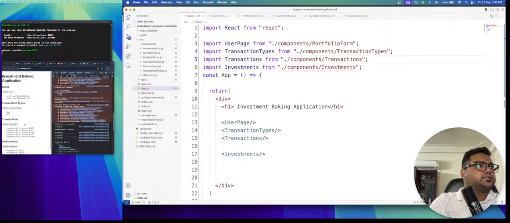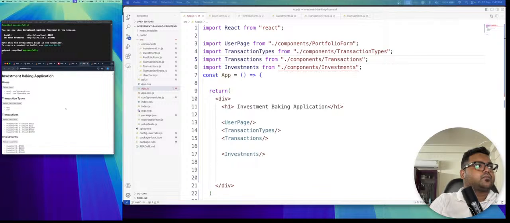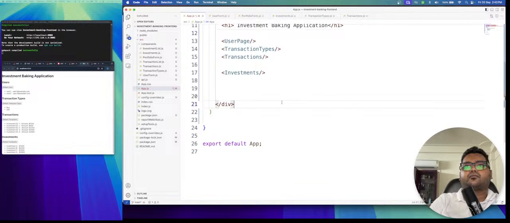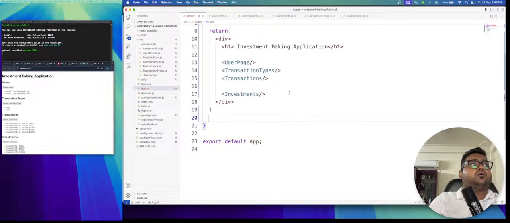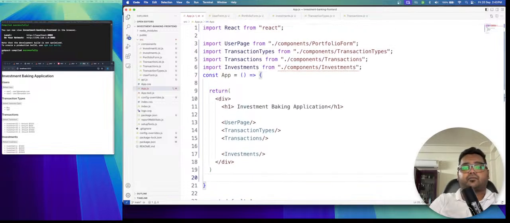So investment rate. Cool. So what is left now is